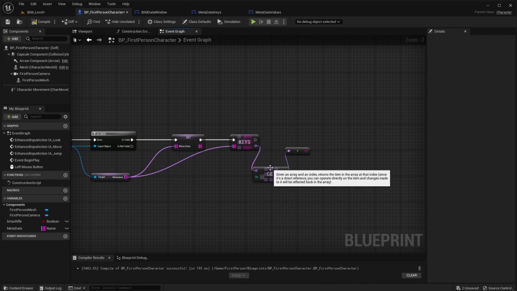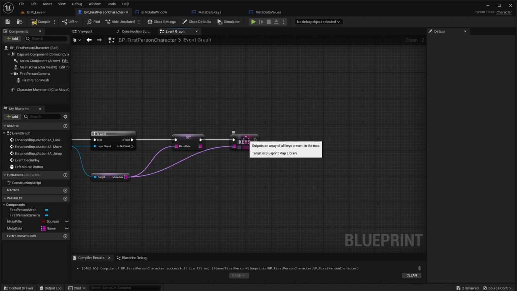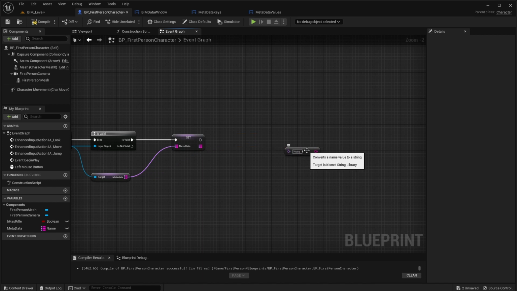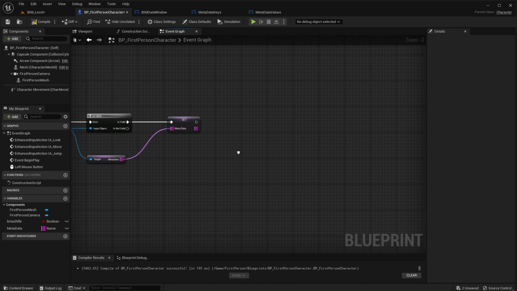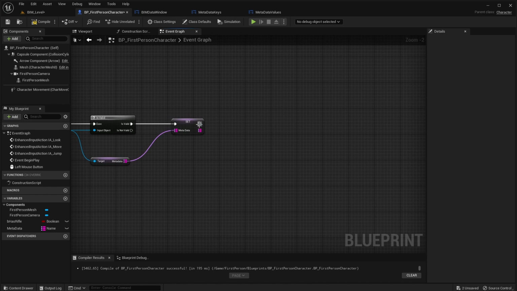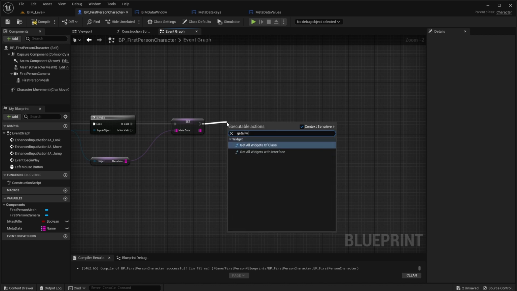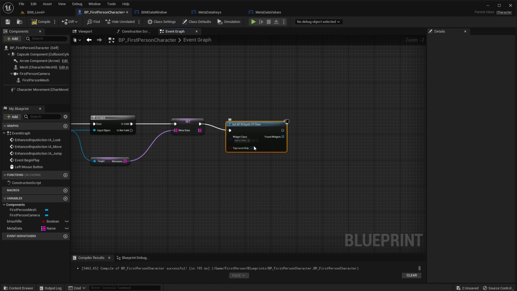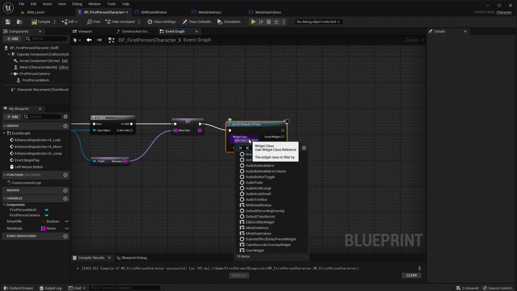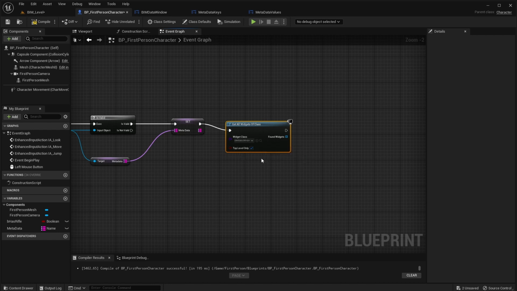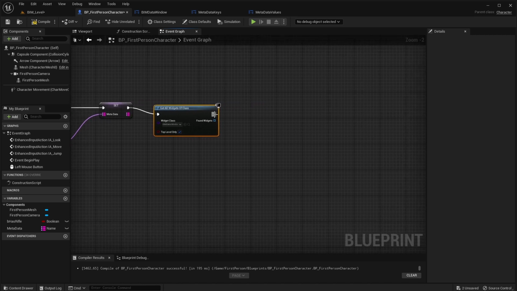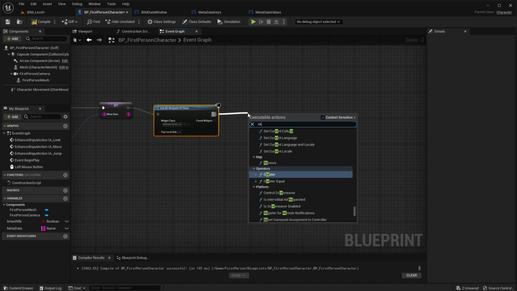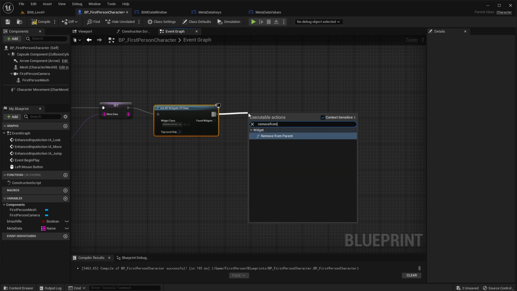So we will not need any more print screen string, and from here we got the valid metadata, and for the valid metadata we want to get all widgets of our BIM data window class and remove the old widget, remove from parent,